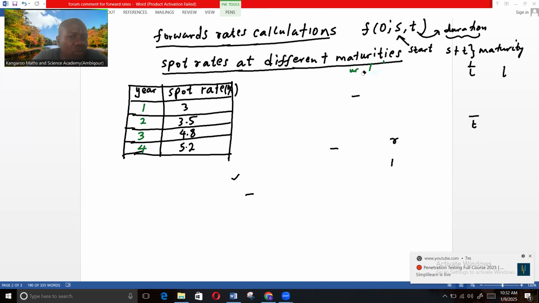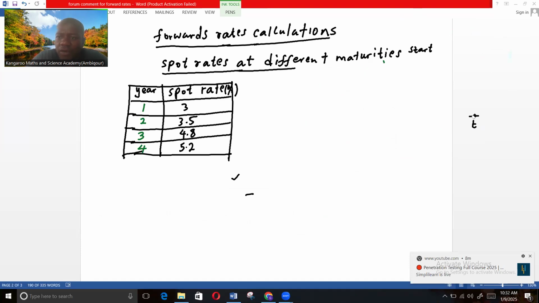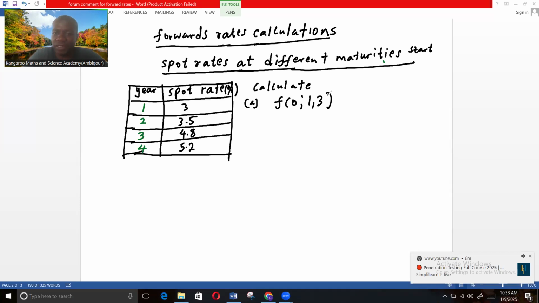So in terms of this information, remember, we're given a 1 year spot rate, 2 year spot rate, 3 year, up until the 4 year spot rate. Now, imagine we're given, just as an example, imagine we're told to calculate number A. I'll just say f of naught, let's say 1 and 3. So you need to be able to understand what this means. In terms of explanation, this is a 3 years